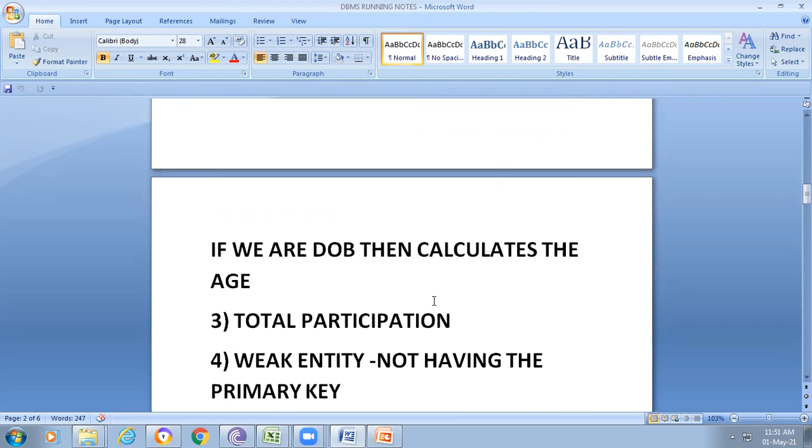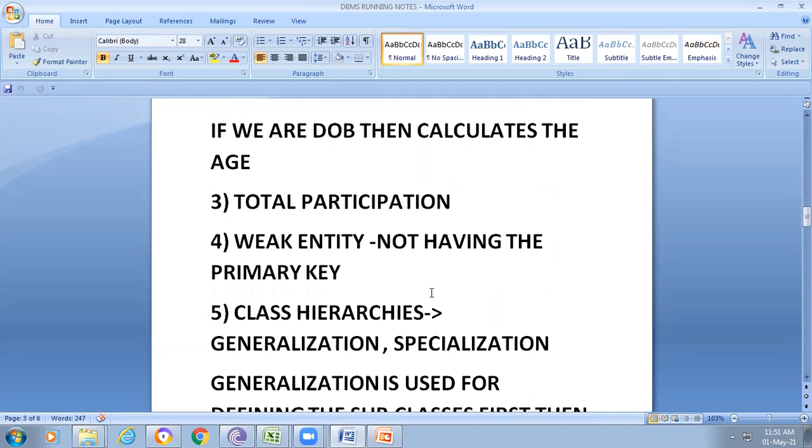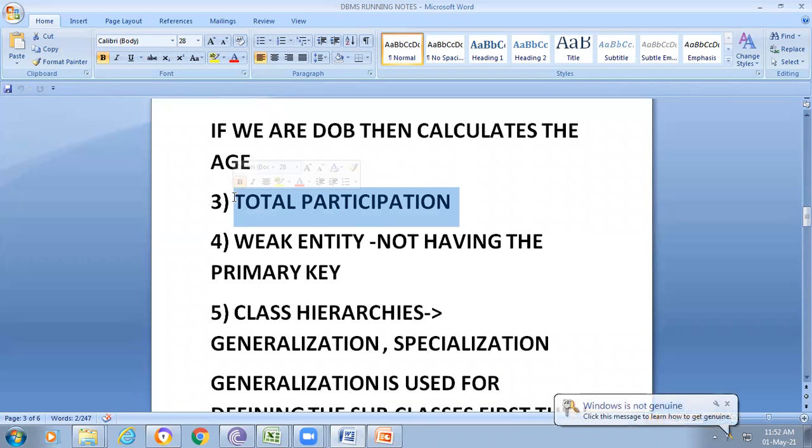And another thing, total participation. Up to now I was talking about the key attribute; another one is the relationship instance, and another one is total participation. I think the name implies it: how many entities participate from one entity set to another entity set can be specified by using total participation. If all the entities have the relationship with the other entity set, that is referred to as total participation and is represented with double lines from the relationship to the entity.